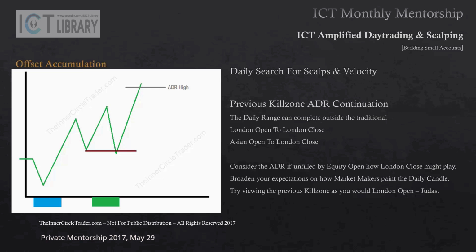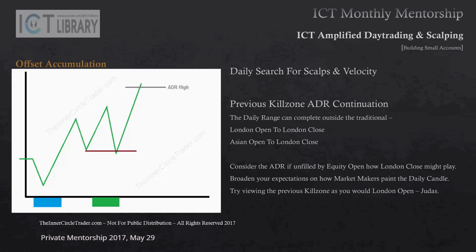If the conditions of the marketplace are calling for higher prices, and for instance, say average daily range hasn't fulfilled, and we have not met a higher time frame premium PD array, this is what you'll end up seeing sometimes with the London Close. It will provide opportunity for you to see a retracement back intraday to a short-term low. It rallies when everyone else is expecting it to be done for the day, or it retraces lower. Okay, we would be looking for a continuation to go higher on a buy stop run. That would carry into later in the day, 2 o'clock in the afternoon New York time, or 3 o'clock in the afternoon when the bond market closes.